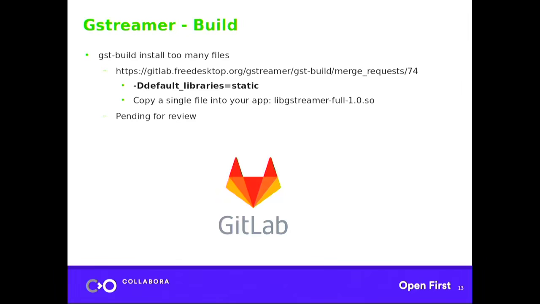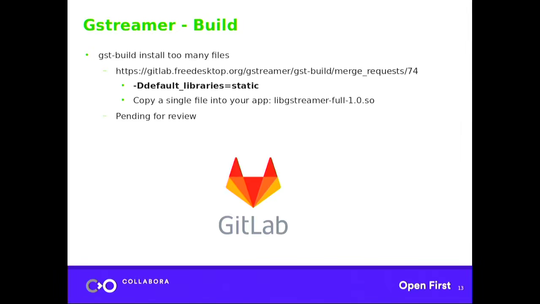But you cannot do that trick on Magic Leap because they have security rules that forbid that. So you cannot dlopen those files. So one trick I've done is, if you build, that's a patch still waiting for review on GitLab if someone from GStreamer